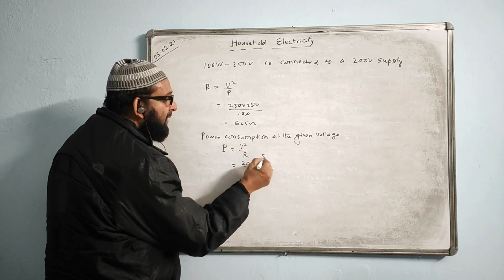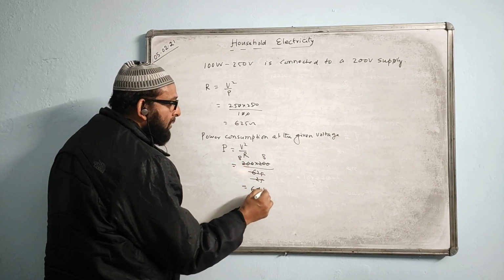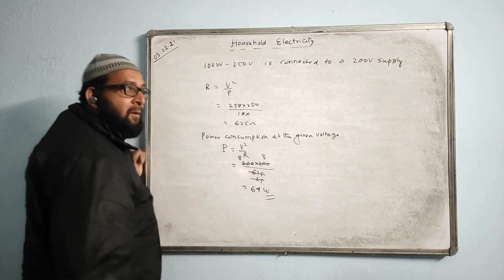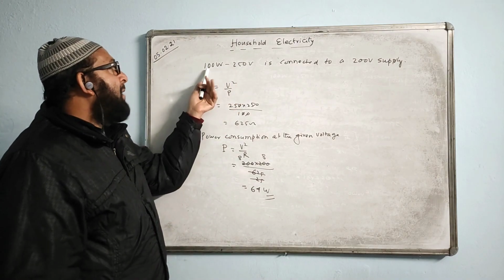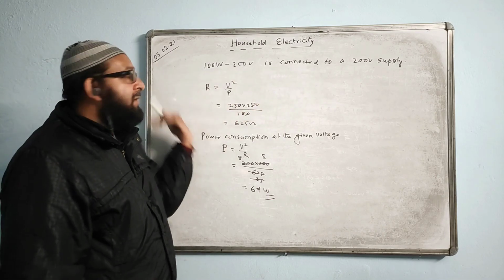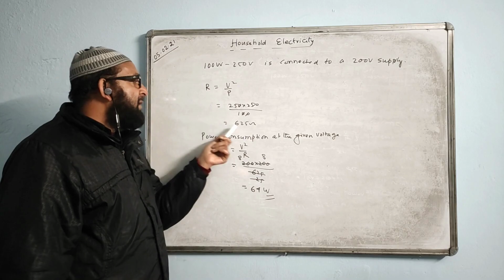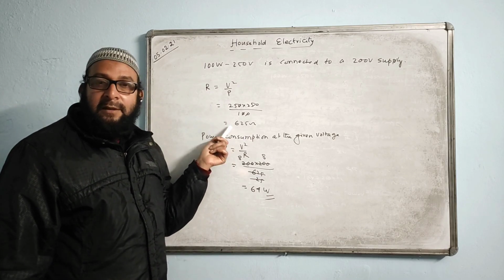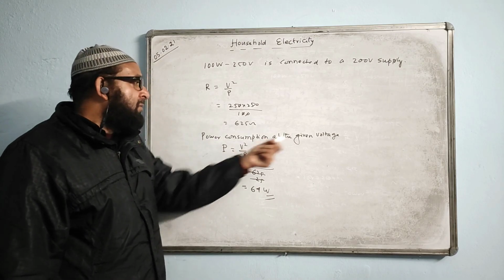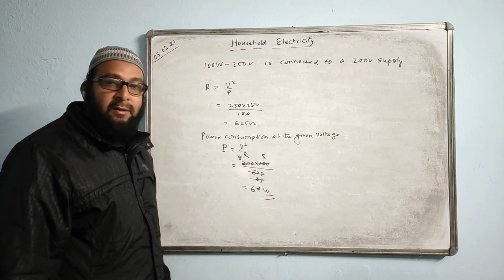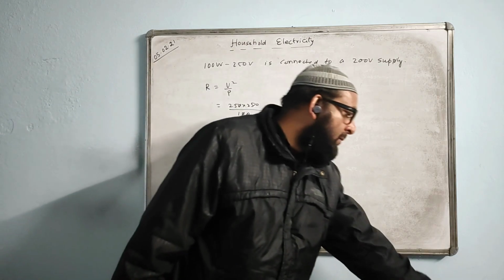Now let us cancel. 25 will go, 25 eights will go. 8 eights are 64 watt. The answer will come 64 watt. You should not use the unitary method, like at 250 volt the power is 100 watts, so at 200 volt the power is this much. Don't use the unitary method. You have to do it like this. First, you must find the resistance value, and the resistance is not going to change. Then we find the power consumption at the given voltage. The answer is 64 watt. Okay.